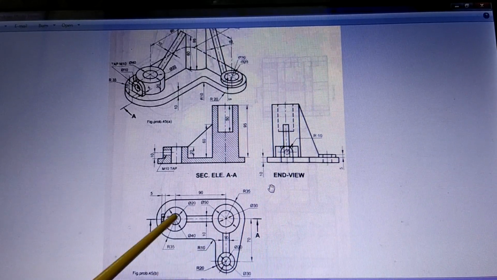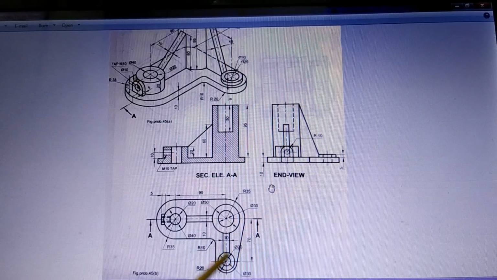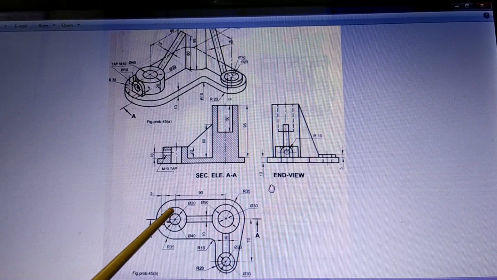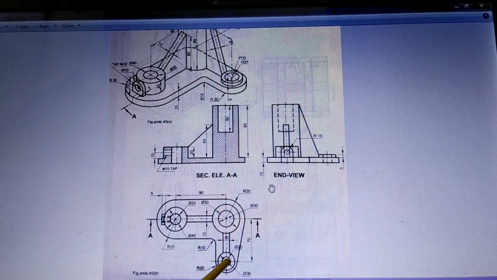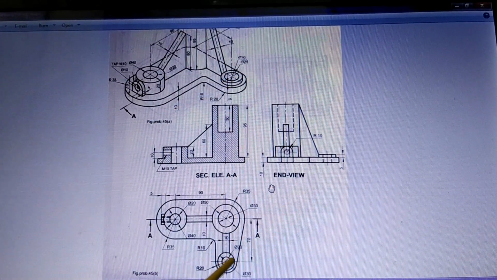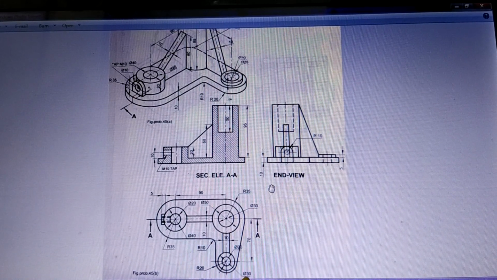On these lines, you have to draw one center here, another center here. Across this, you create a small circle and a larger circle of these two sizes. And at this place, at 70 distance, draw these two circles. One is here and the other is here. The inside circle has a size of 30 mm.